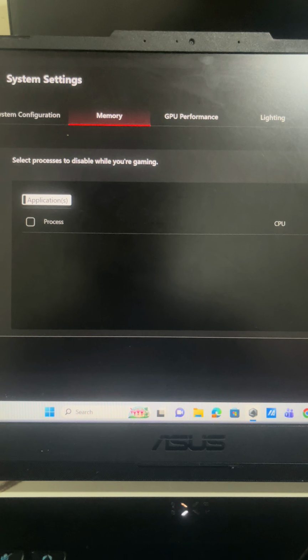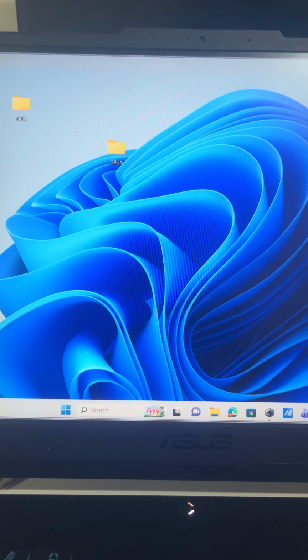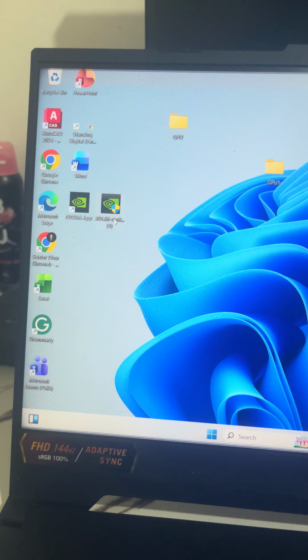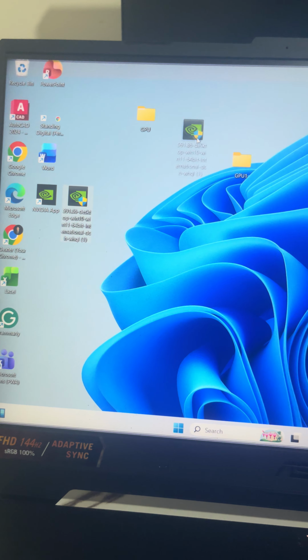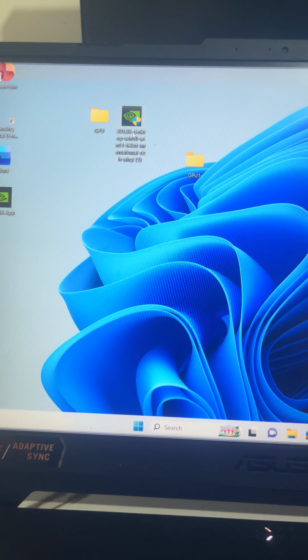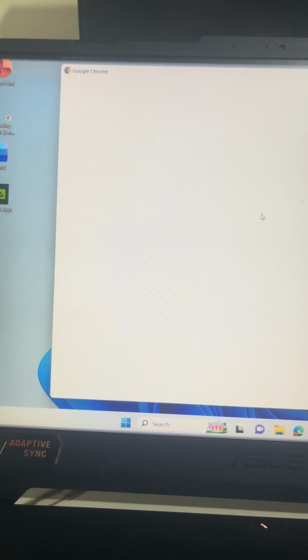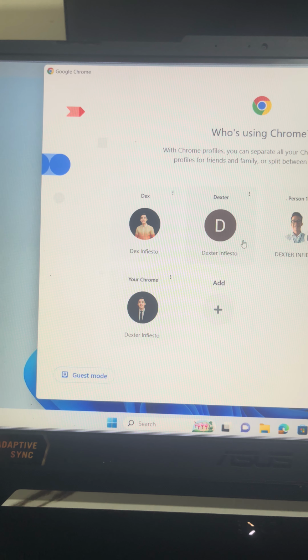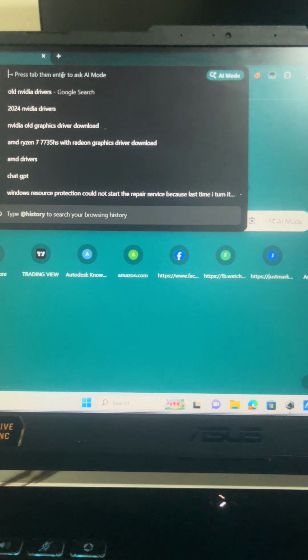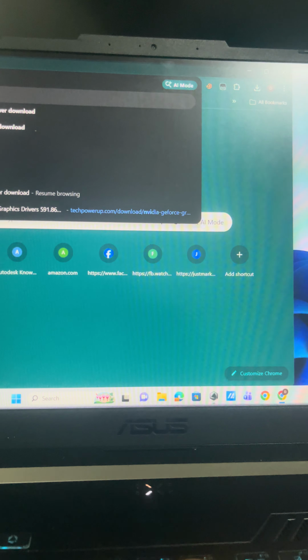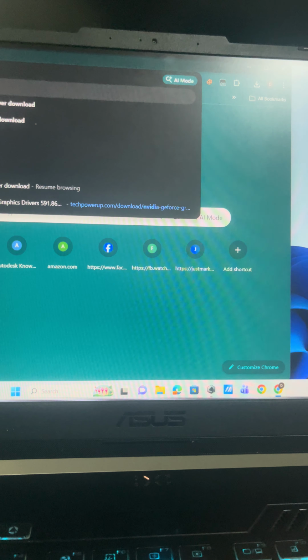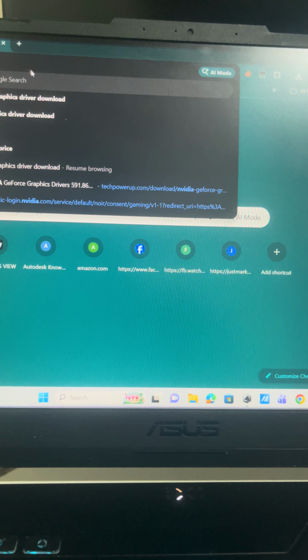And then after updating that, you should install your downloaded driver from the NVIDIA website, graphics download.